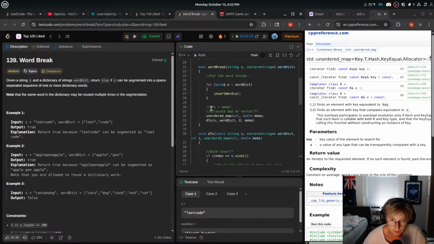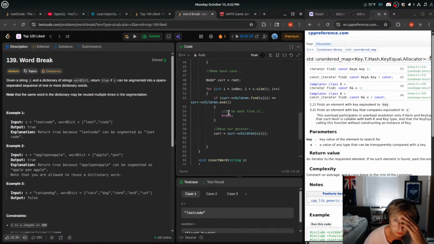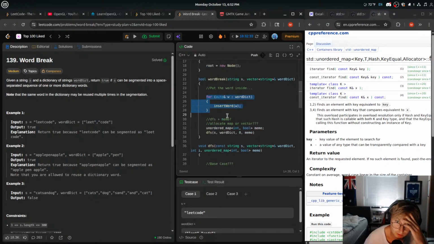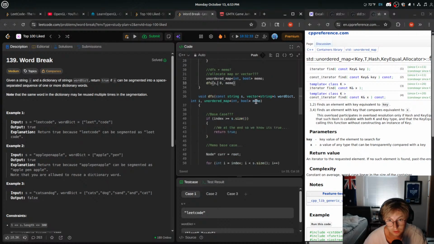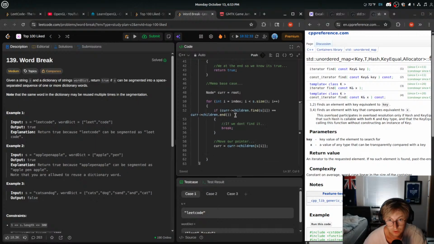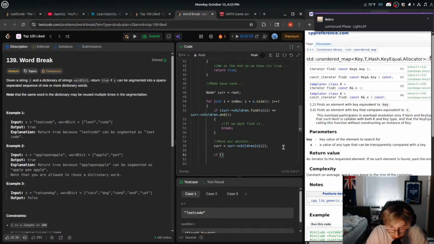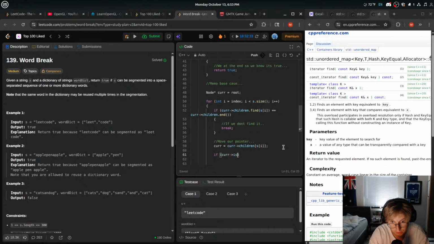We then loop through. So we insert the word, then we call our unordered map and we go through string S. We probably don't even need our word dictionary, low key. We can get rid of that. Anyway, for int I. Okay, if it's not here, we break. We move the pointer. We then need to check, okay, well, if cur is word and